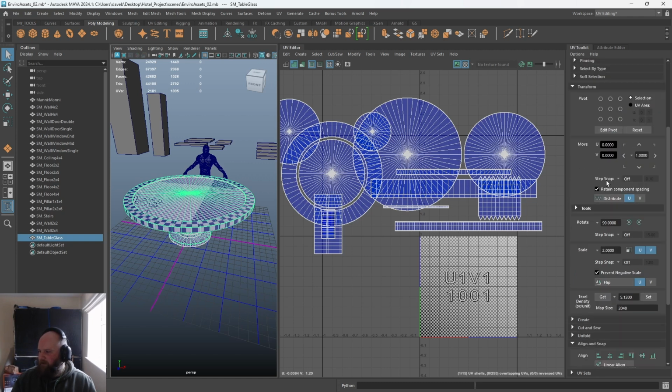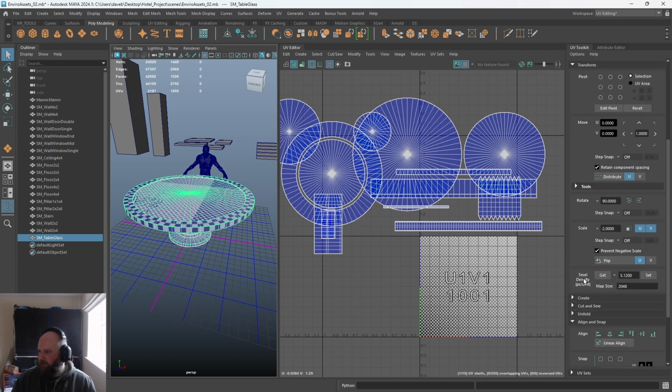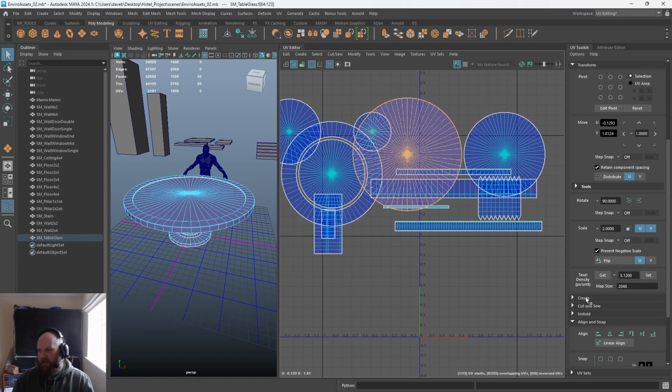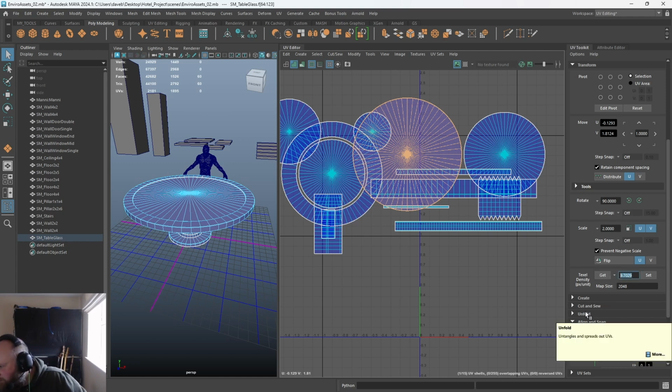At the bottom there, underneath Tools, Scale, I've got Texel Density right there. Texel density, pixels per unit, I think centimeters. And then you've got Get. What Get does is, when you have something selected, for instance this big piece here, I'm going to get that. That's going to get that texel density ratio. So you can see that middle number has now changed to 9.7029,